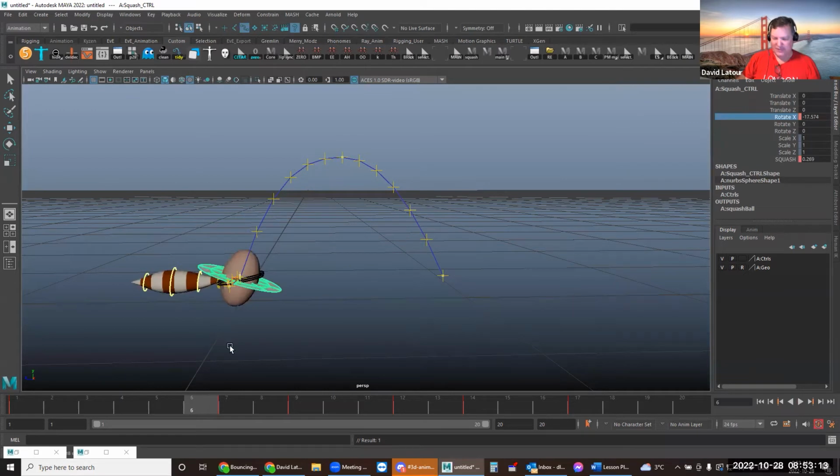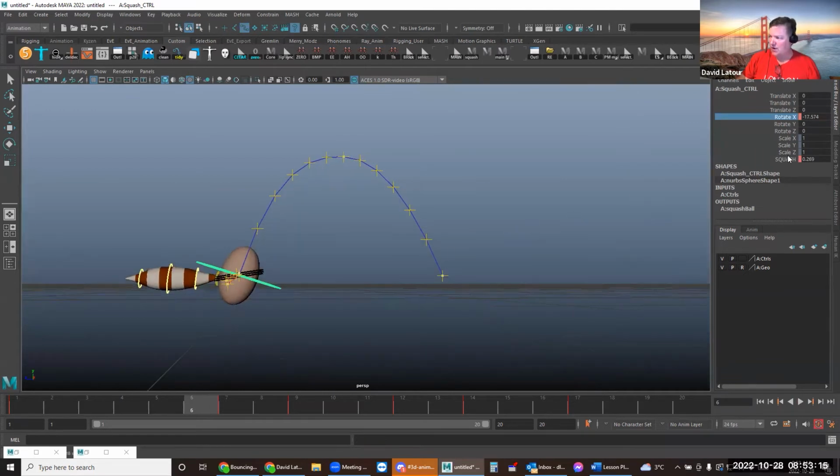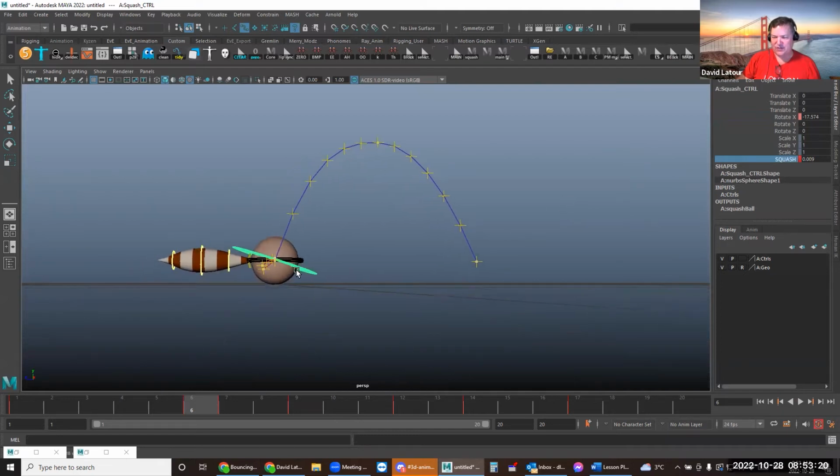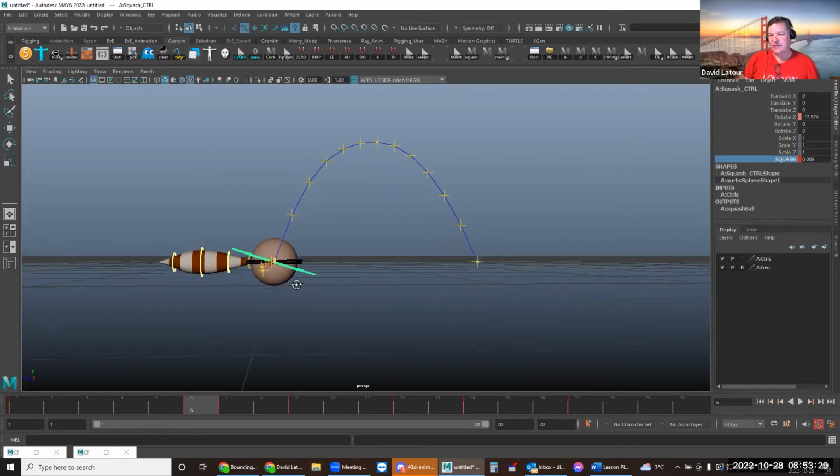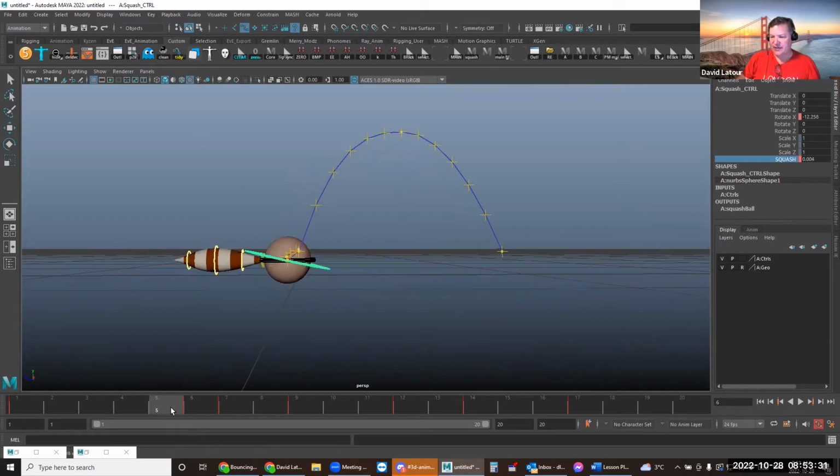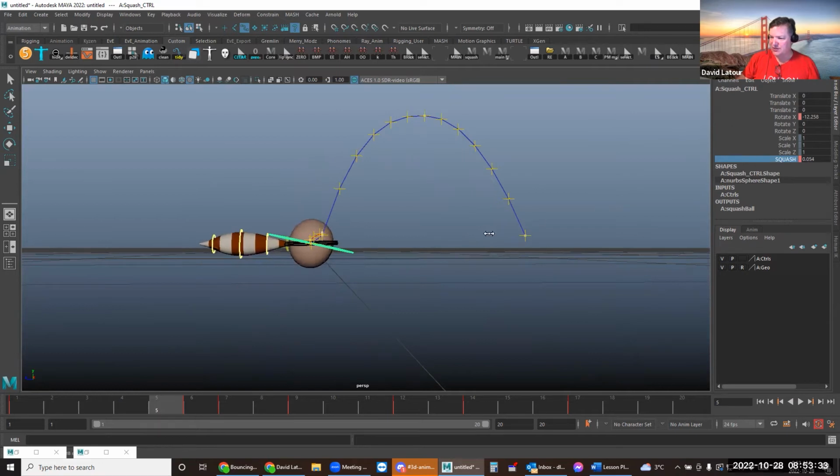But what's going to be different here is how I deal with the squash. So I'm going to take the squash, and for the live ball assignment, if you read the description, this character is animating like a lively, playful squirrel. So I'm thinking of the physics, the mechanics of squirrels as I'm animating this. So I'm going to say, okay, then at this point here, I'm going to squash it, but I'm going to keep it angled in the same direction that it's going. So it sort of looks like the squirrel's little butt is stretching up in the air and the head's dipping down. I might even rotate it a little further like this,